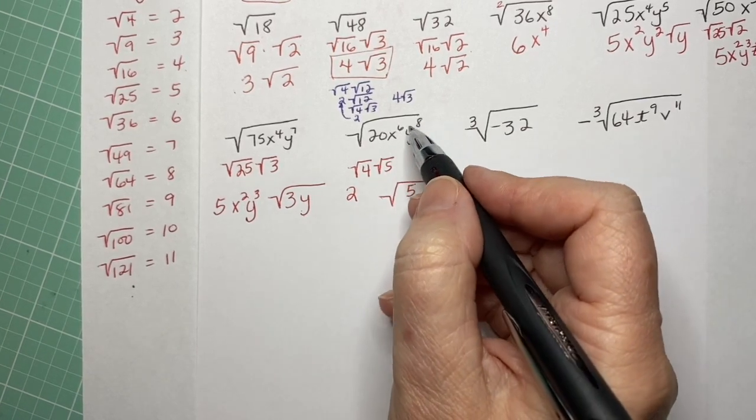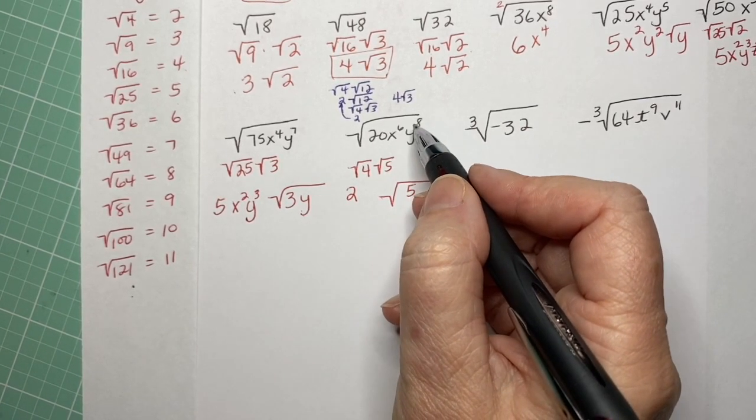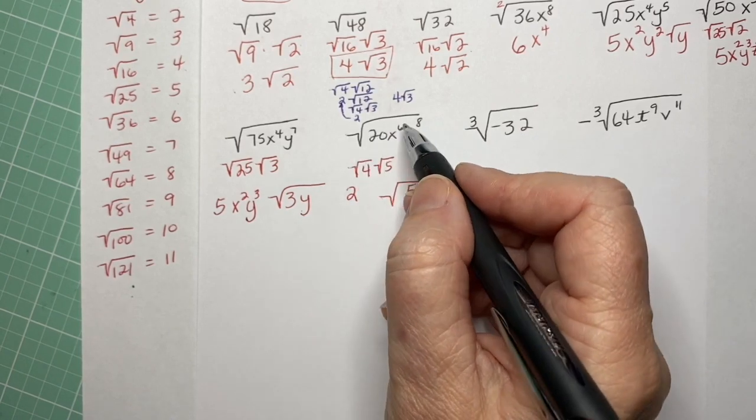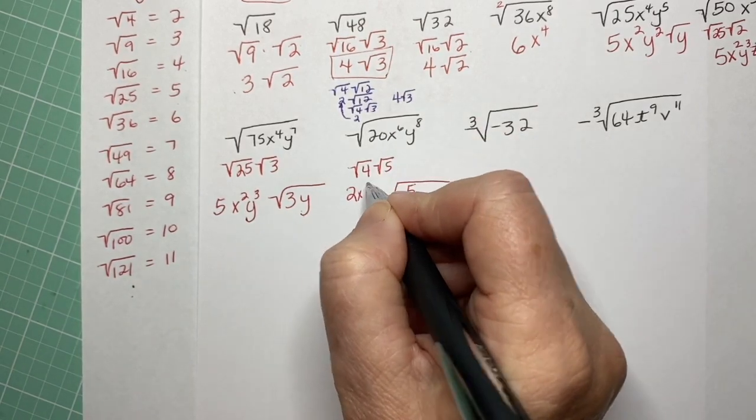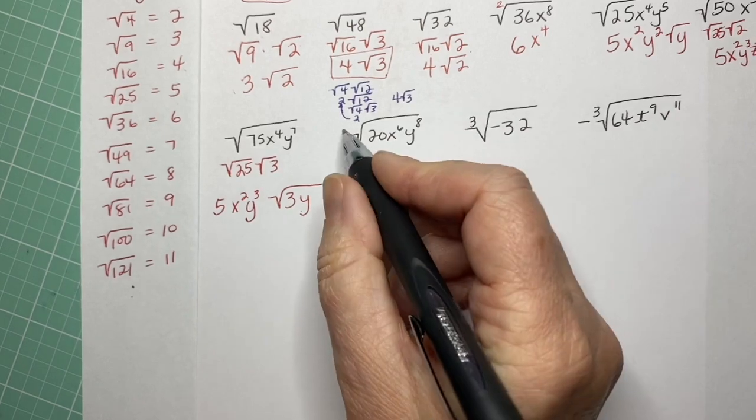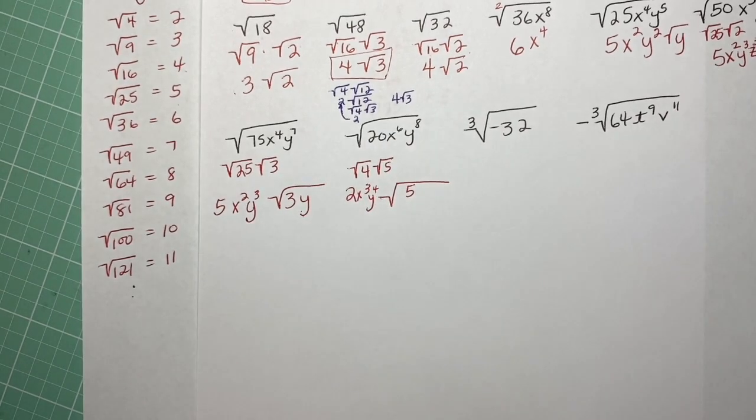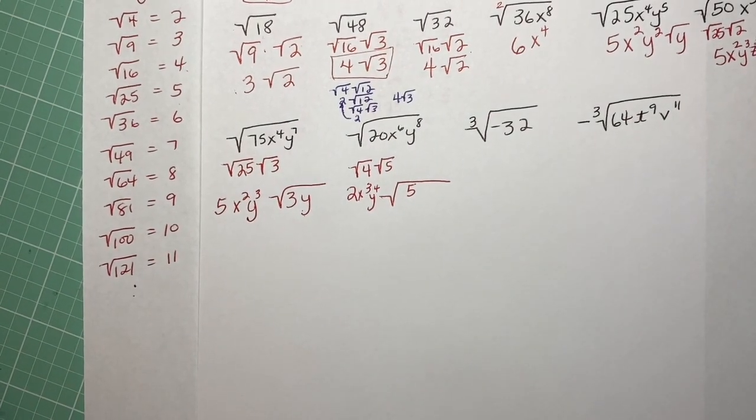And now our x and our y are both even. So what that tells us is everything is going to come out. So 2 will go into 6 3 times. 2 will go into 8 4 times. Didn't write that very well, but